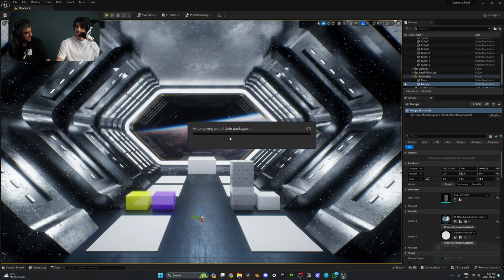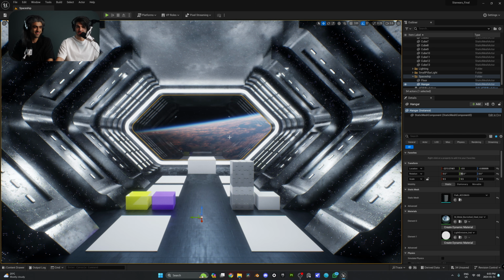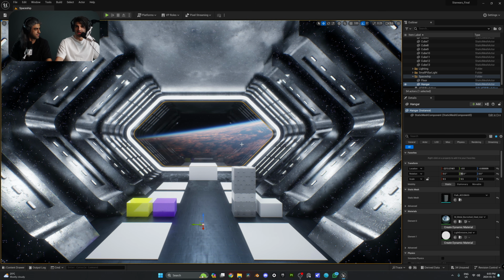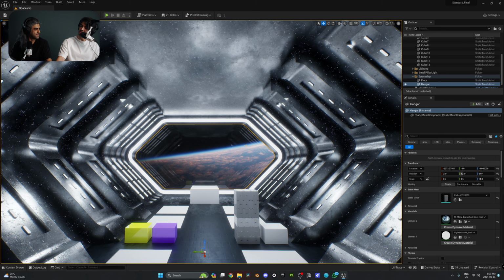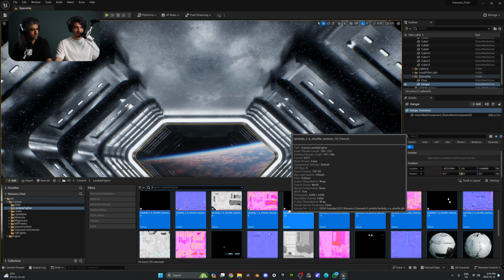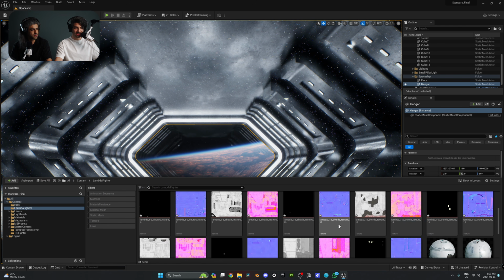Could you bring a photogrammetry asset inside? Absolutely. Of course. The thing is, photogrammetry assets just work like any other 3D asset, right? And we can try it out maybe one time. Okay, so we hit Control Space and we look into our content drawer, and now we're seeing all of